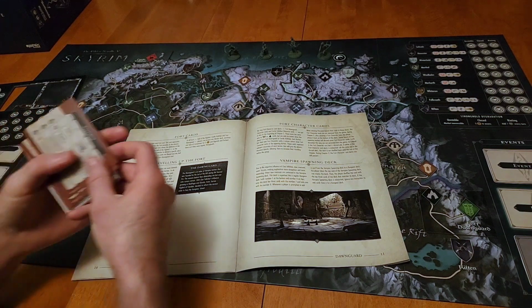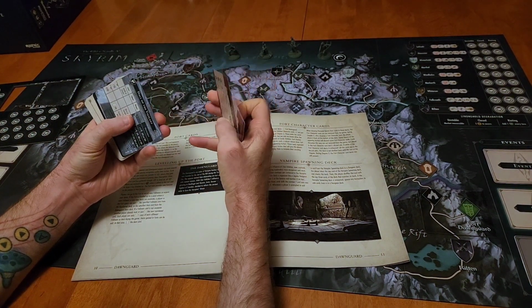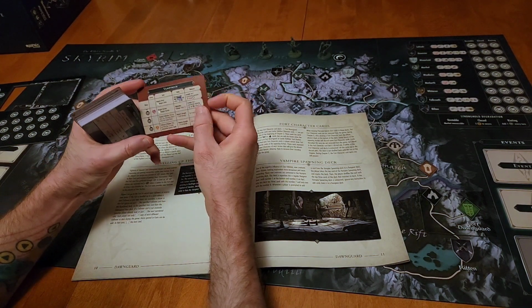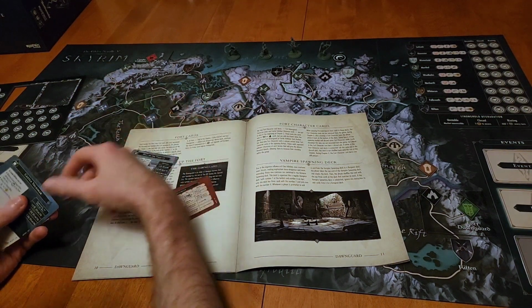Okay, vampire card. Is it in here? These are our vampire cards. Here's the Hall of it. So I guess this is it. So these are our vampirism cards. I guess these are what allow us to...